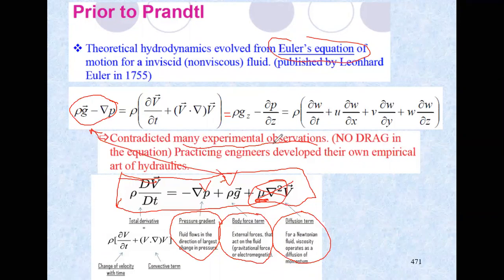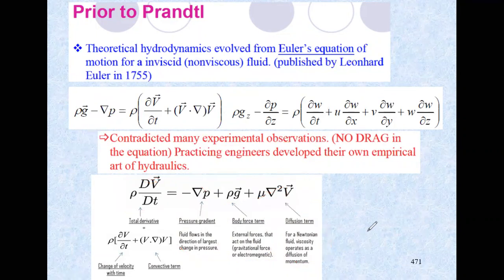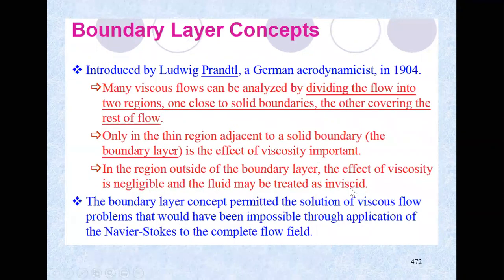the Prandtl approach to incorporate this viscous effect, this diffusion term, is by using the boundary layer concept. So that's why it became a breakthrough in fluid mechanics in 1900. And it still applies until now. So in 1904, Prandtl introduced the boundary layer concept,